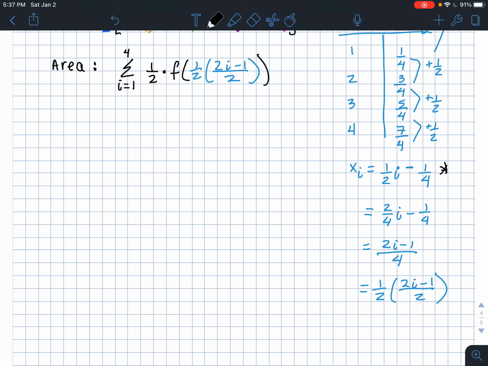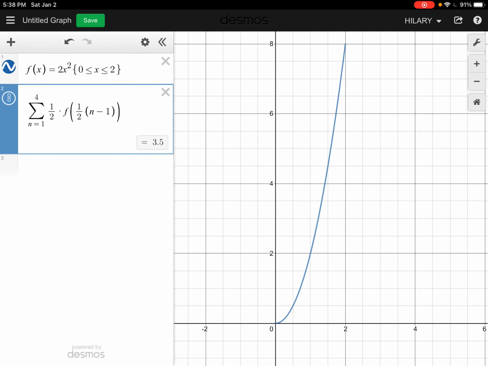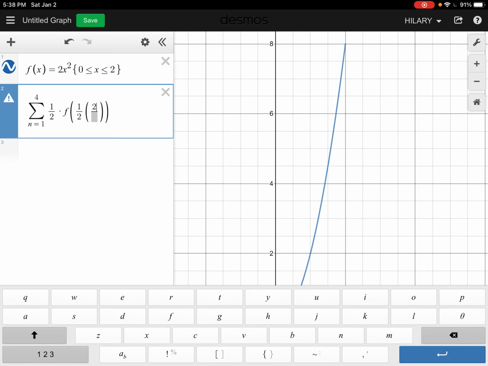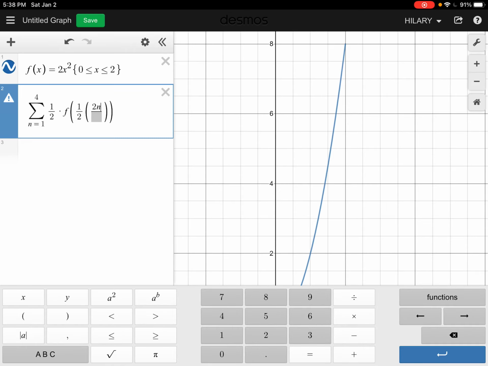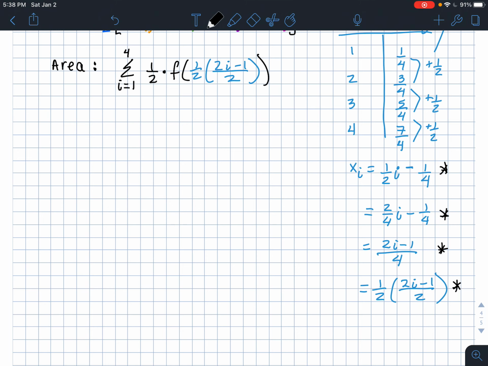Though you could plug in any iteration of that formula. So any of these you could plug in, this one, this one, this one, or this one that I plugged in to your calculator, and it would all give you the same answer. So I'm going to go back over to Desmos here. Right, so I have that 1/2 in there. I'm just going to delete this out, make me a fraction. So now I'm going to have 2n, and then minus 1, and then in the bottom, all over 2. And hey, look, 5.25, which was exactly the answer that we had before,